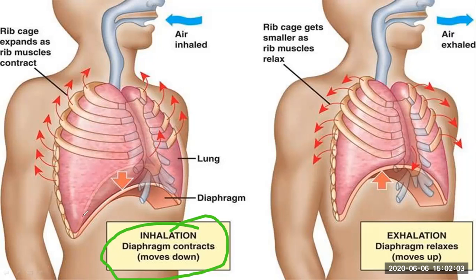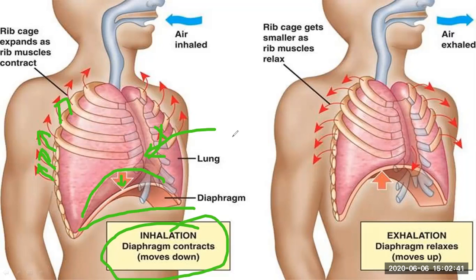Here you can see the normal shape of the diaphragm. The diaphragm now moves downwards and becomes flattened, a flat-like structure. When the diaphragm contracts, at that time the external intercostal muscles also contract, and when they contract, the ribs move upward. Here you can see the sternum and ribs all move upward, and the volume of the thoracic cavity